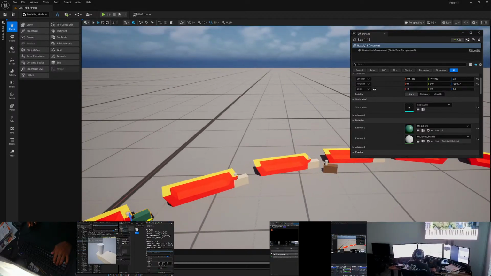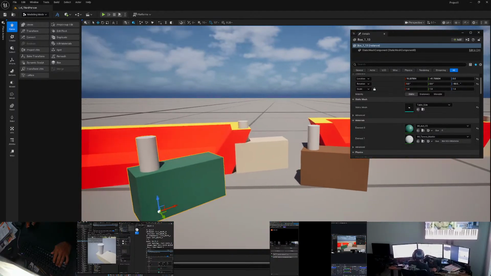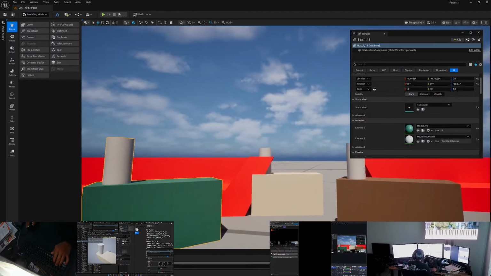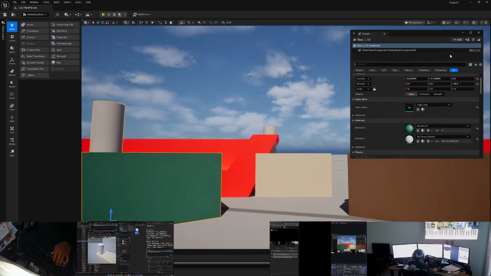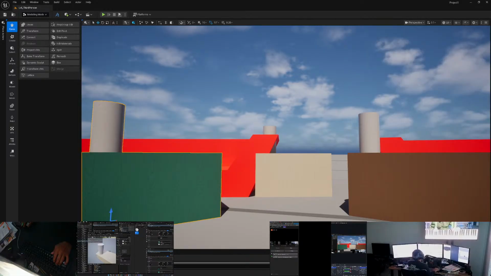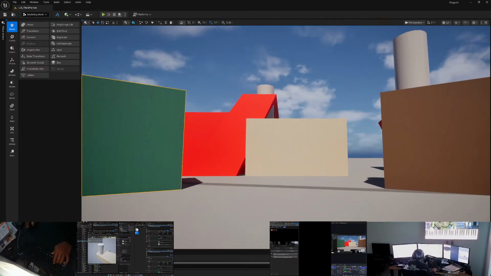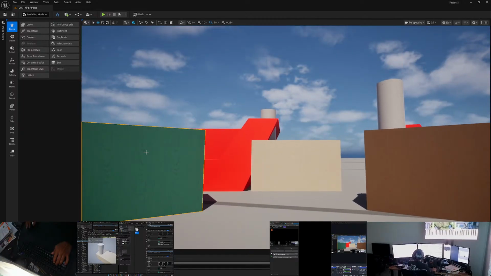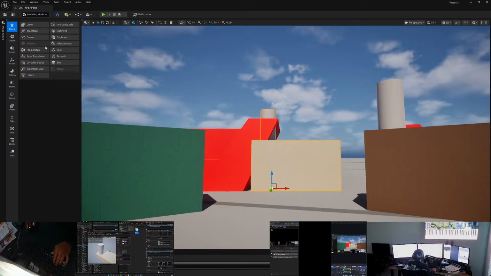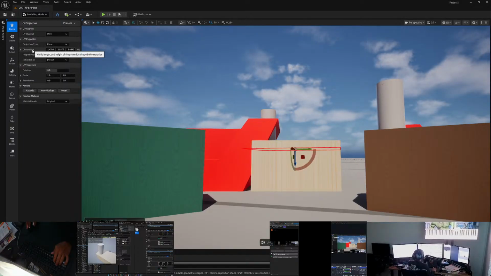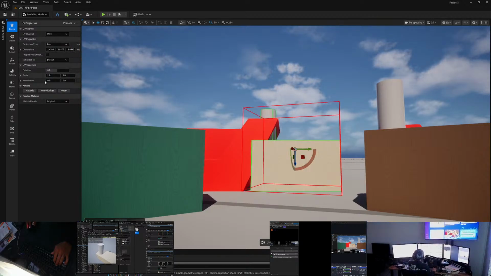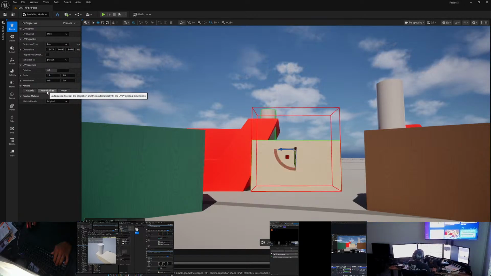Let's grab this green one, move it here. And then I'll go into modeling mode. I don't know if you can see that material very well, but if I click on one of these assets and go into project UVs, I can change the projection type to box, click on auto align, auto fit align,